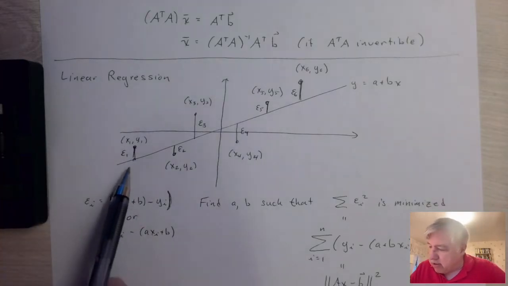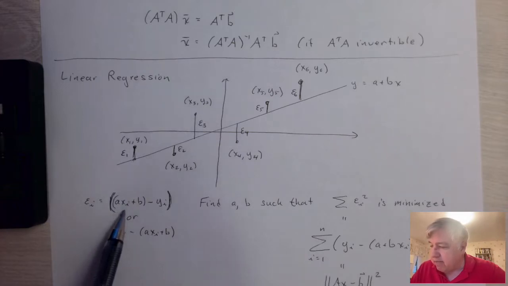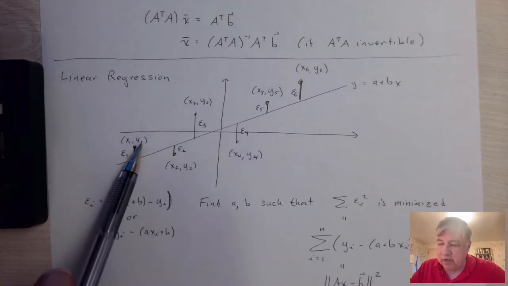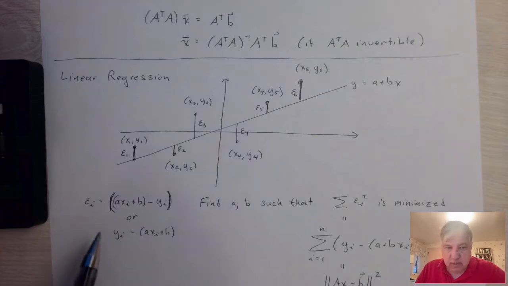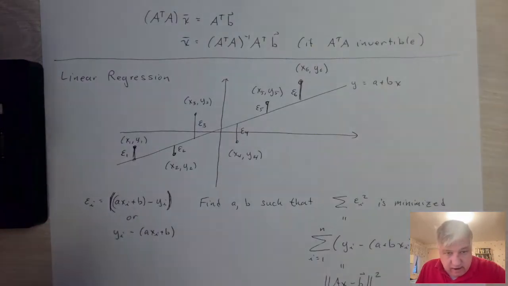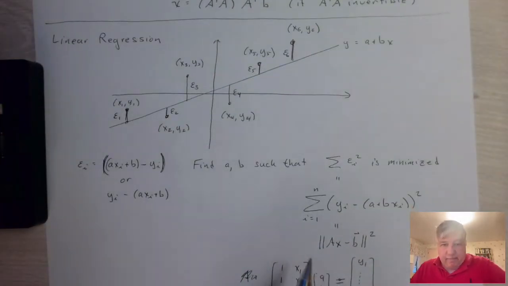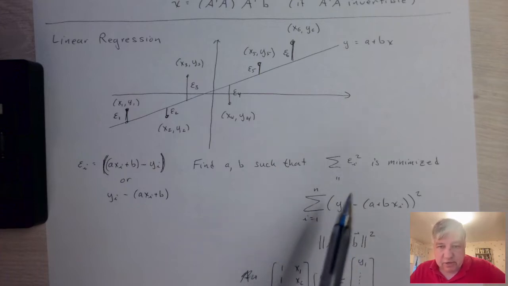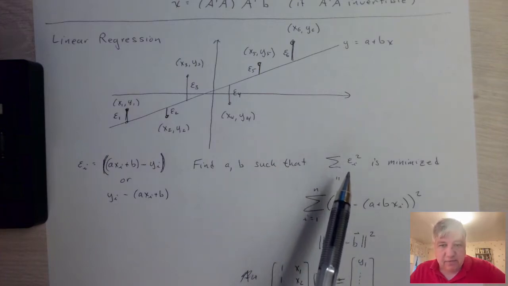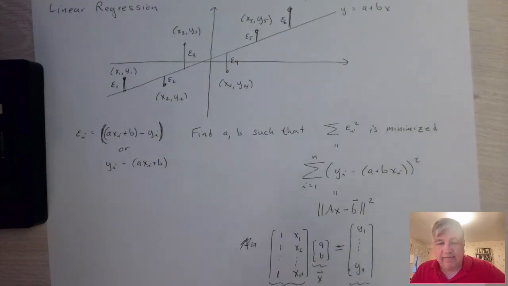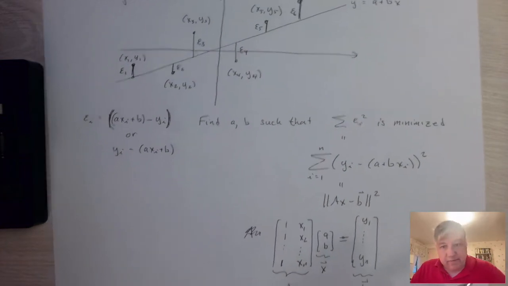But then the y coordinate of this point would be a plus b x_i, and the y coordinate of this point would be y_i, or in this case y1. So we can define epsilon_i to be this, the ith error, and then we want to find a and b such that the sum of these squares is minimized. Okay, so we want to do this,